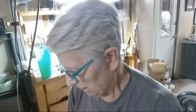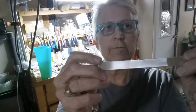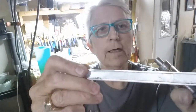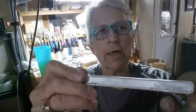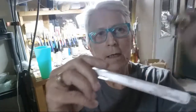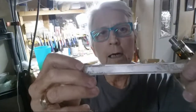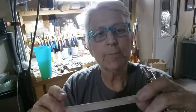We're here, and our bracelet is almost done. So for you guys that just came in, this is a sterling silver bracelet. It's a piece of plate, and then I made a frame out of square wire, soldered it together, butt to butt. Then I soldered it onto this plate. So now I'm going to clean this up. Well, I've been cleaning it up, but I'm going to polish it up, and